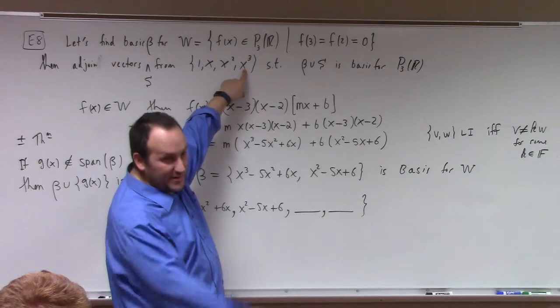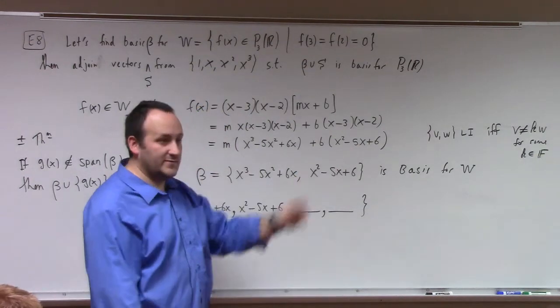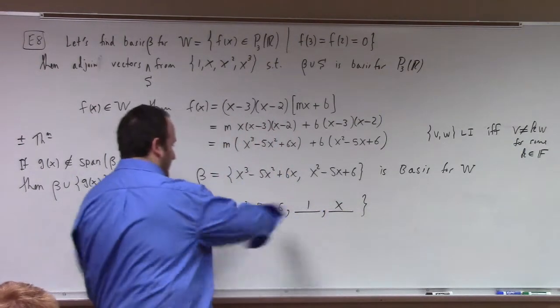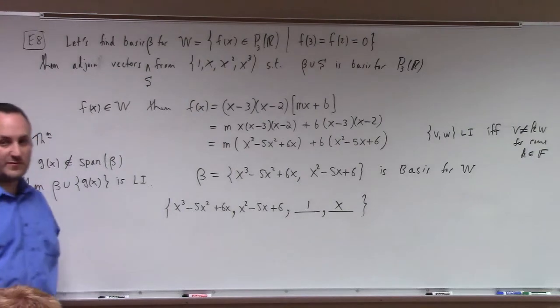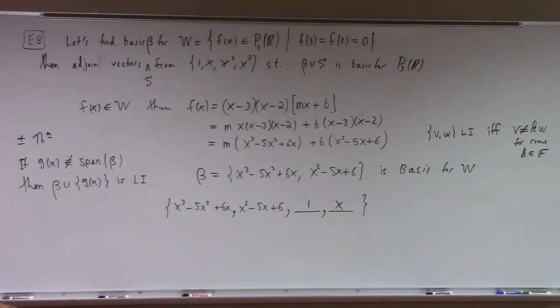You can choose any 2, as long as you don't pick the same one, to complete to a basis for P3. So here, 1 and x, there you go. That is a linearly independent subset of P3, which will span P3. Now, how do I know that? I'm using theorems that I haven't really shared with you yet, and we'll talk about those next time. So this